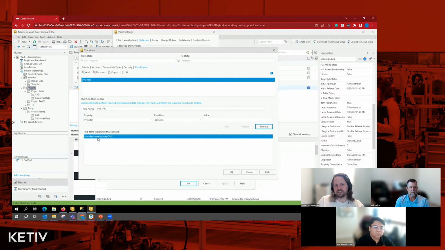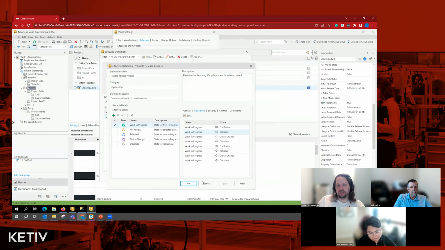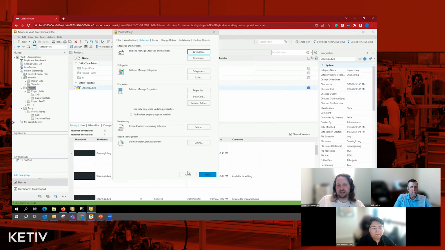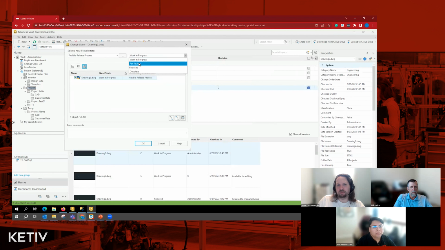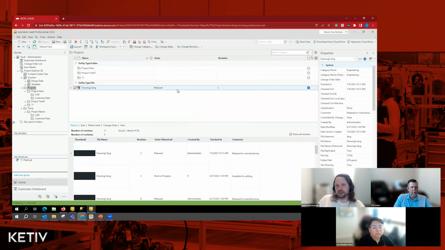We need a file extension, or a way to basically let the software know which files are going to be evaluated through the peer review. And so it knows in the background that the last user to check it in cannot do the transition. So I'm logged in as administrator. We can see the administrator was the last user to check the file in. So at this point, when I do change state from work in progress to release, since that's the only lifecycle transition that has this feature enabled,